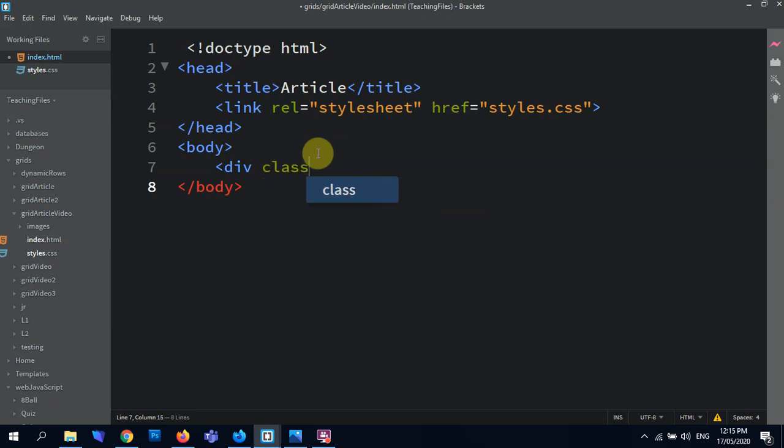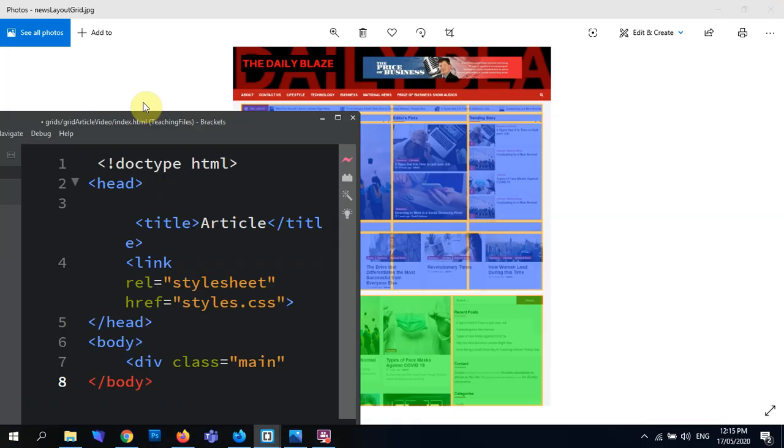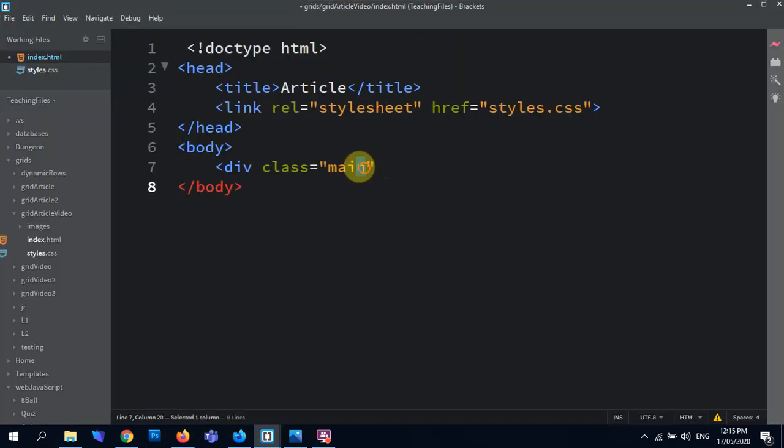Let's give it a class, and we'll call it main. No, we'll call it top. We'll call it top. Oh, it's just disappeared. Right. Top. Right, so inside the top,